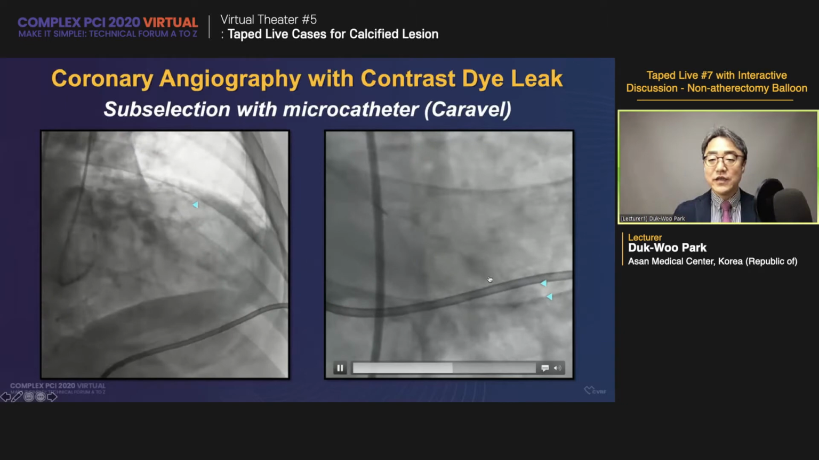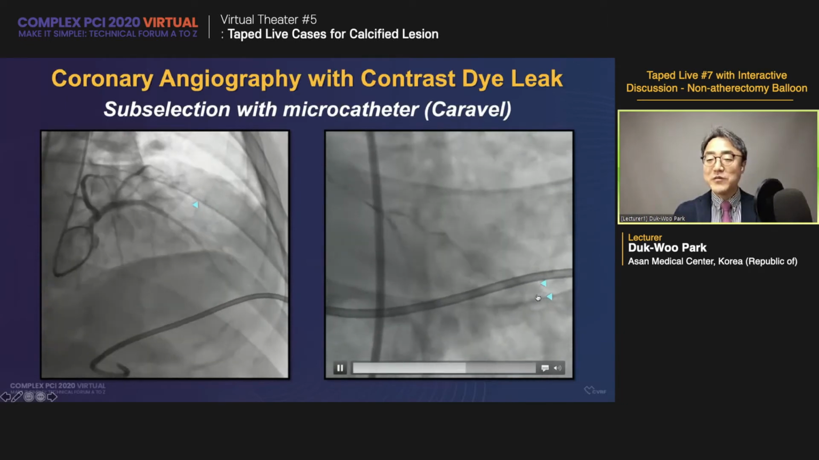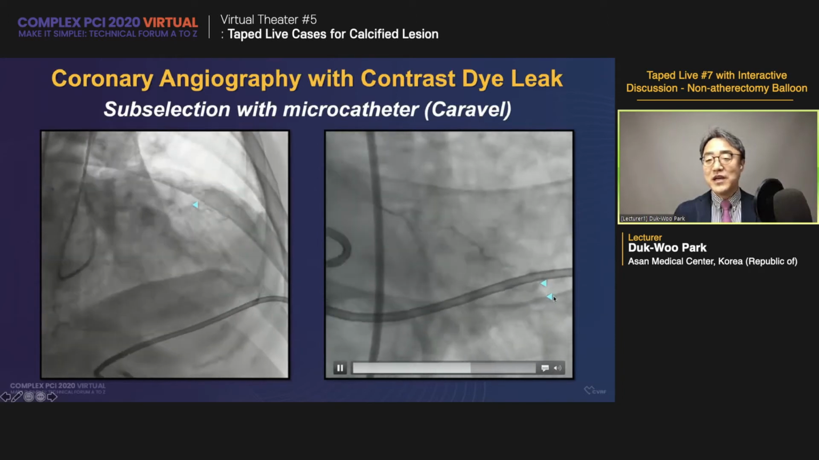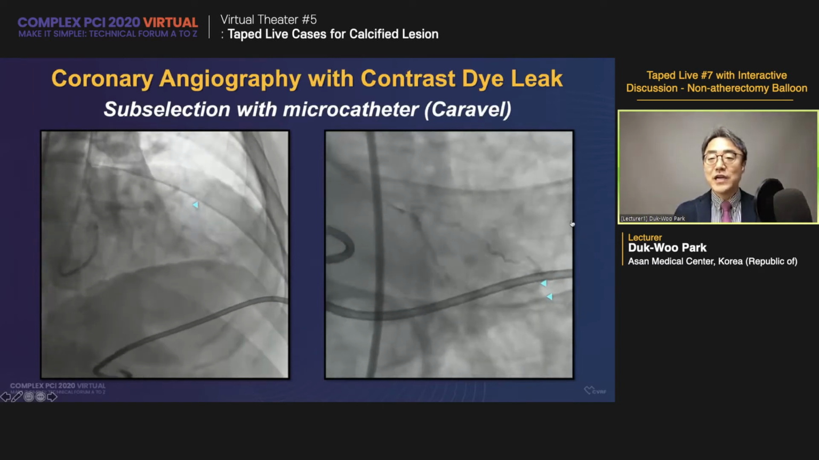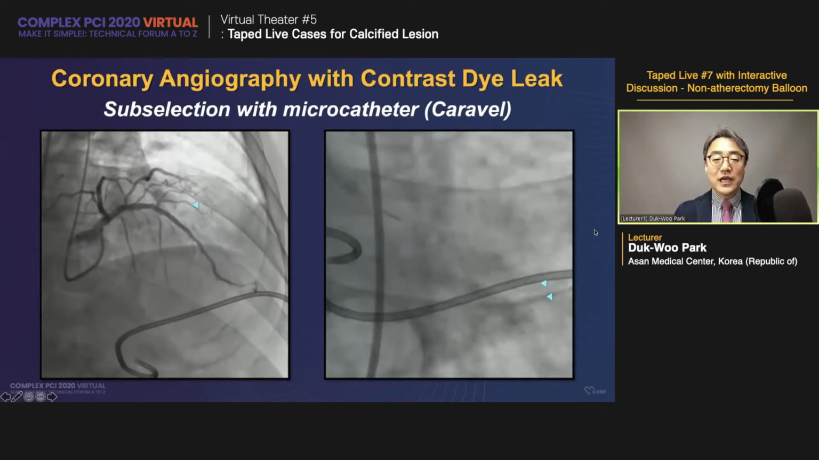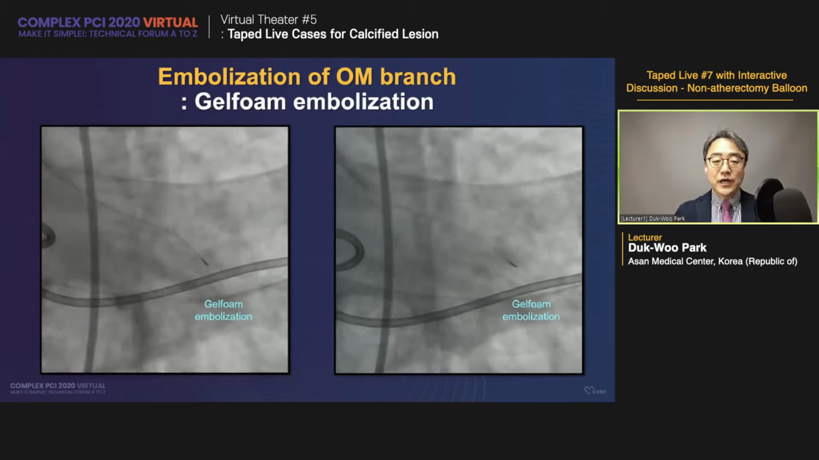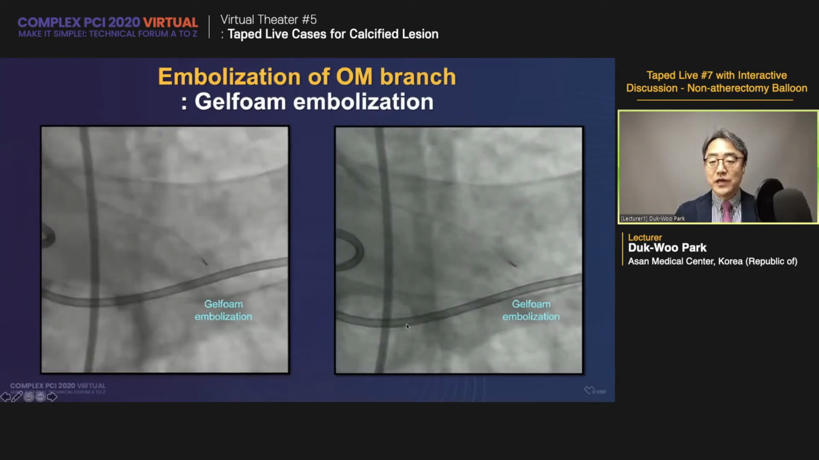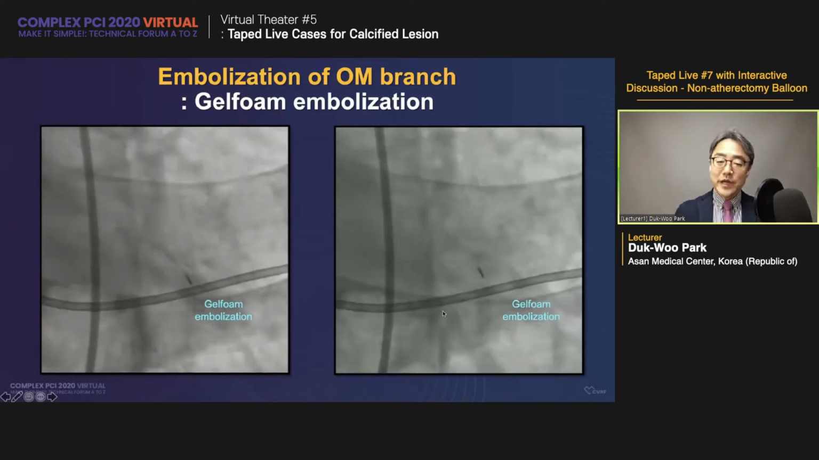We can see the distal part of the OM branch. There is some wire damage. There was some leakage of blood, and that caused the pericardial effusion. We subselected with a microcatheter, Caravel, and then we did embolization using gelfoam in the distal part of the OM branch, and the reason why the patient's pericardial effusion